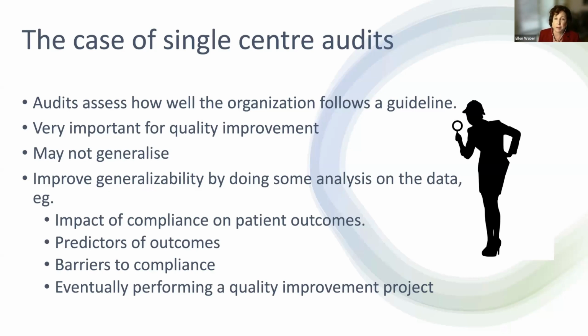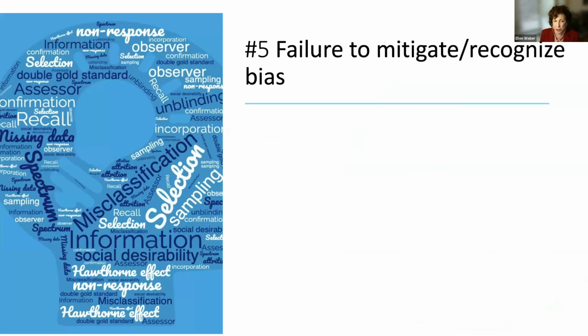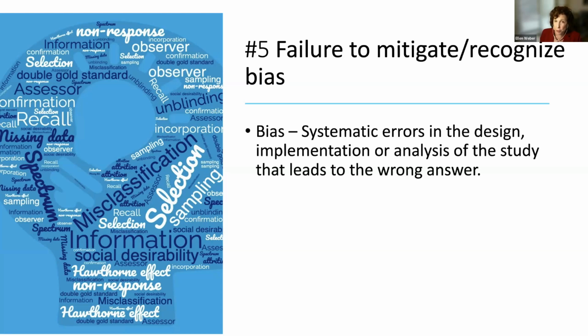Now, a very important piece of research is the failure to mitigate or recognize bias. Now, again, a lot of this occurs in your design stage. So what is bias? Bias is systematic errors in the design, implementation, or analysis of the study that leads to the wrong answer. It isn't necessarily a prejudice or even a desire to go a certain way. It's something you've done in the way the study is designed or the way you collected the data that tends to